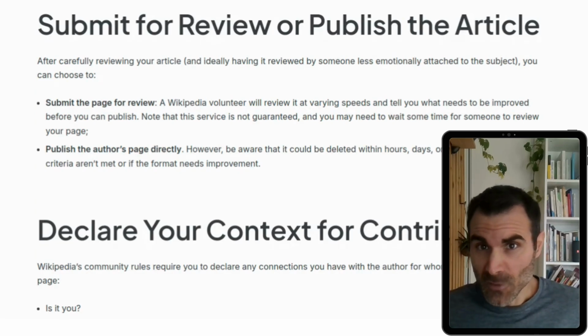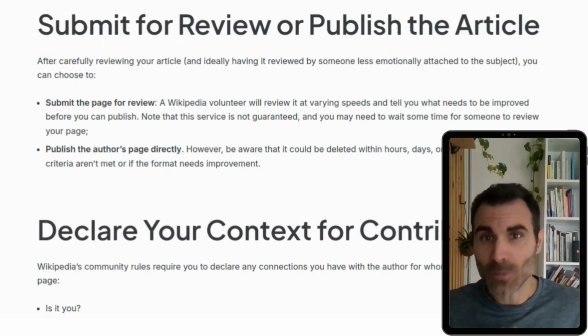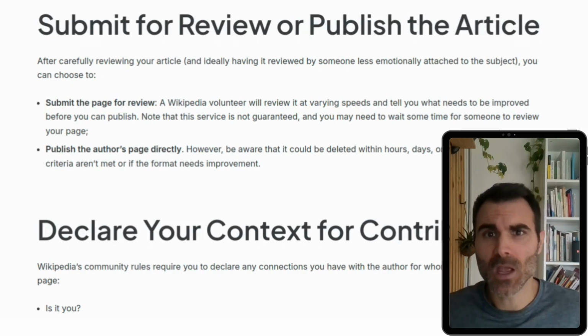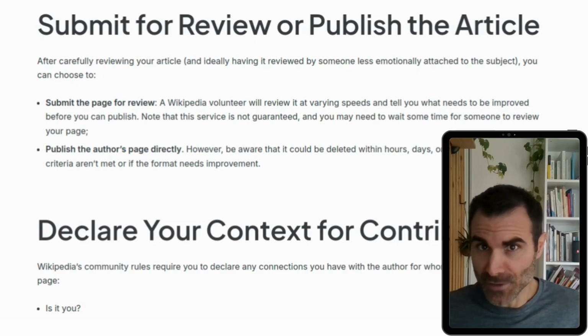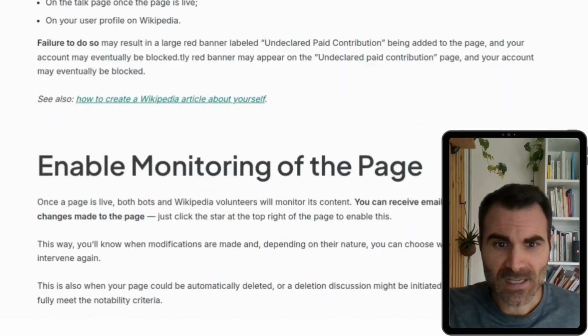Now, if you're confident in your work, you could go ahead and publish directly. But keep in mind that new pages are heavily scrutinized, especially those by first time authors. Wikipedia uses bots and real editors to check new pages. If the page doesn't meet standards, it could be deleted quickly. Now, step 6: